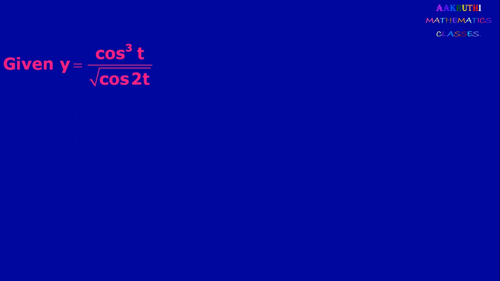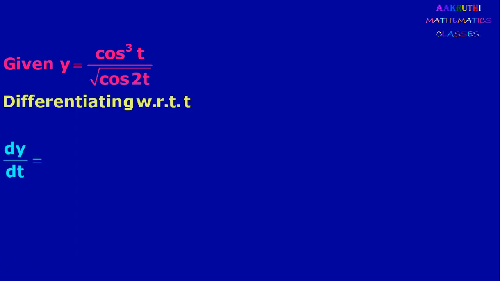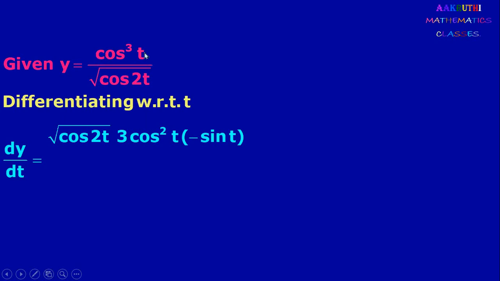To find dy by dt, differentiate with respect to t. So now dy by dt: again here you have to use the quotient rule. Start with the denominator, root of cos 2t, as it is. Cos cube t differentiation is 3 cos square t, and cos t differentiation is minus sin t. It is of the form x cube, and x cube differentiation is 3x square. So cos cube t differentiation is 3 cos square t, and cos t differentiation is minus sin t. Minus